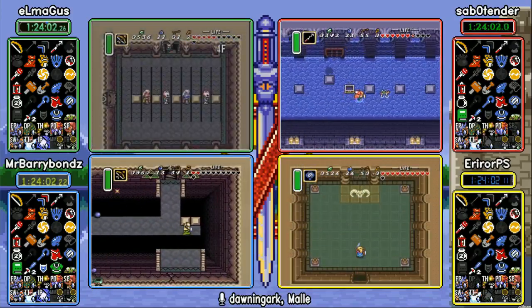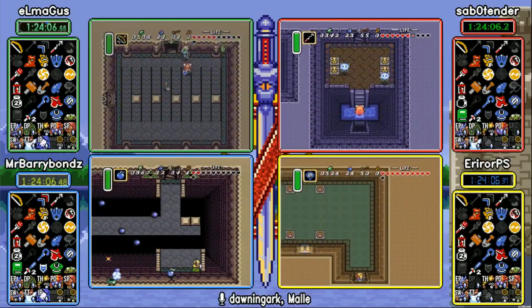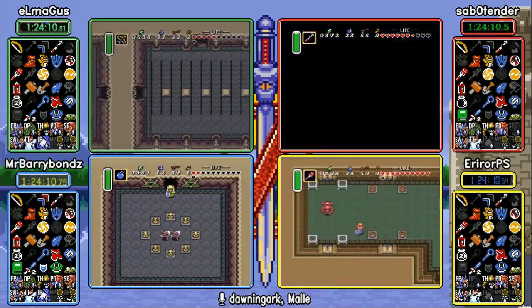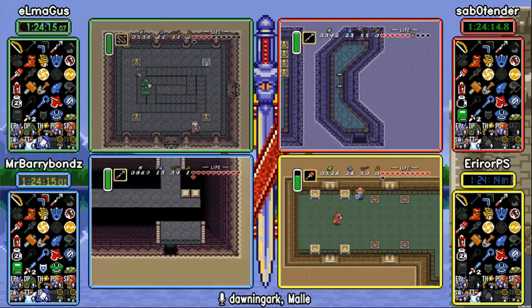Oh, and chat brings up a good point too. eLmaGus does not have a lot of arrows. I think he's on his last one. Well, he just got 10. Oh, there we go. That'll do it. And Barrybondz opting to take the safety fairies, which I don't blame him for, but that does put him quite a bit behind